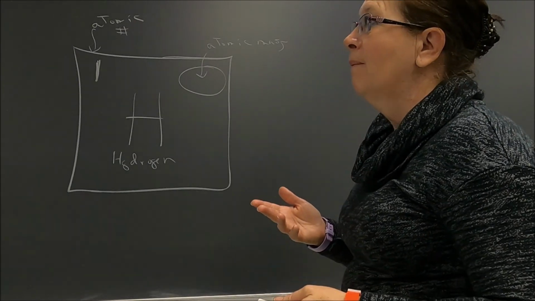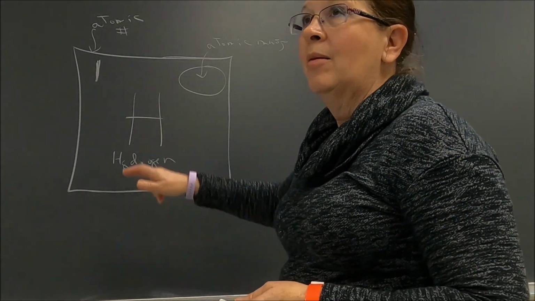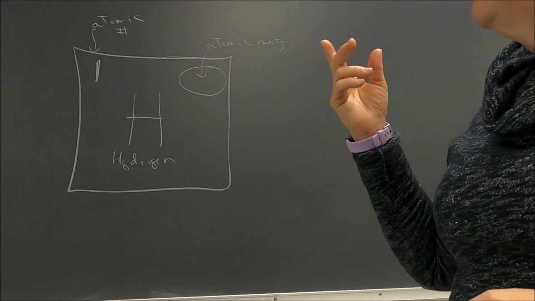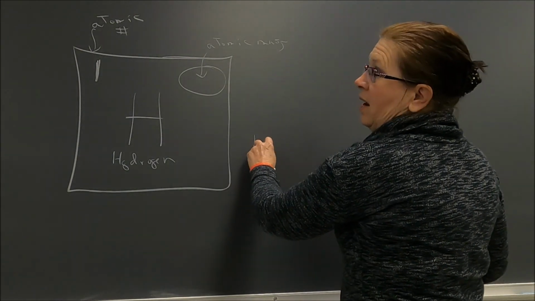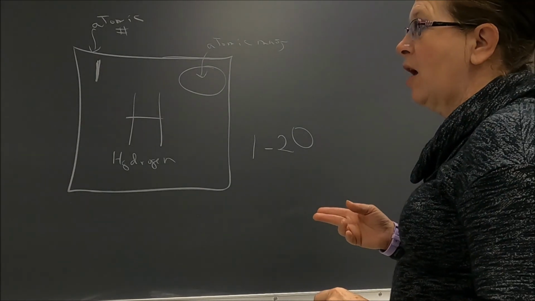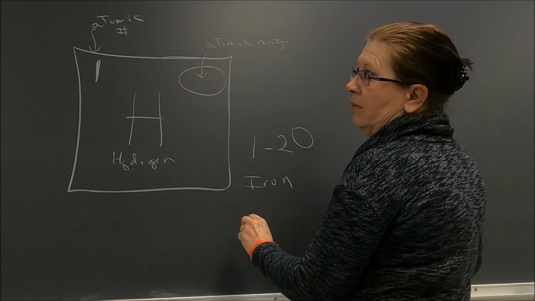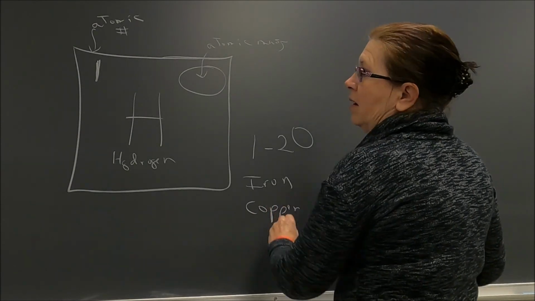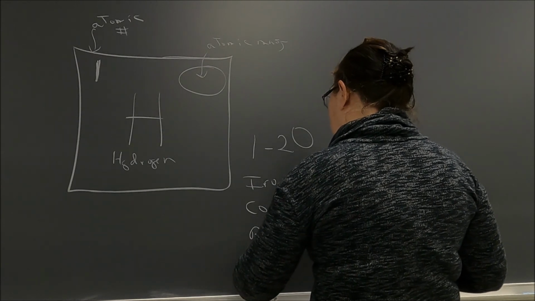All right, now, the symbol of the elements is going to be the way that chemistry is going to be written. So you need to know some symbols. You need to know the symbols of atomic number 1 through atomic number 20. You also need to know iron and copper. And I want you to know bromine and iodine.